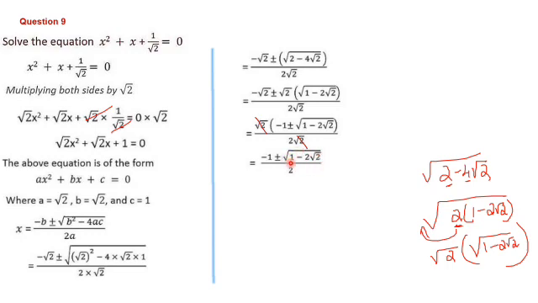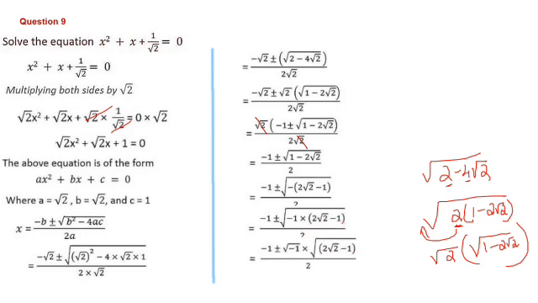Here inside the square root, it is clearly a number which is less than 0, negative. So from here we can take a minus common. That means minus 1 plus or minus root of. If you take a minus sign common, this minus becomes plus. That means that term we can write first 2 root 2. And this is a positive term, that becomes negative, that means minus 1. So minus I have taken outside. The rest of the things are same in the denominator. Then minus 1 plus or minus, this minus we can write as minus 1 into 2 root 2 minus 1 divided by 2. Now minus 1 plus or minus a root of minus 1.